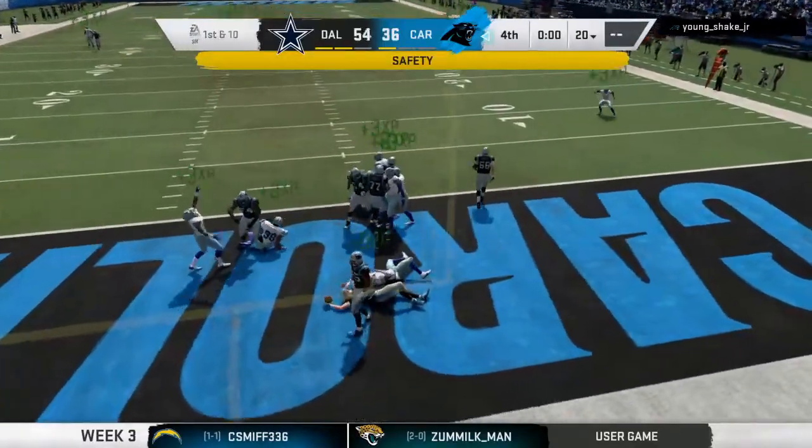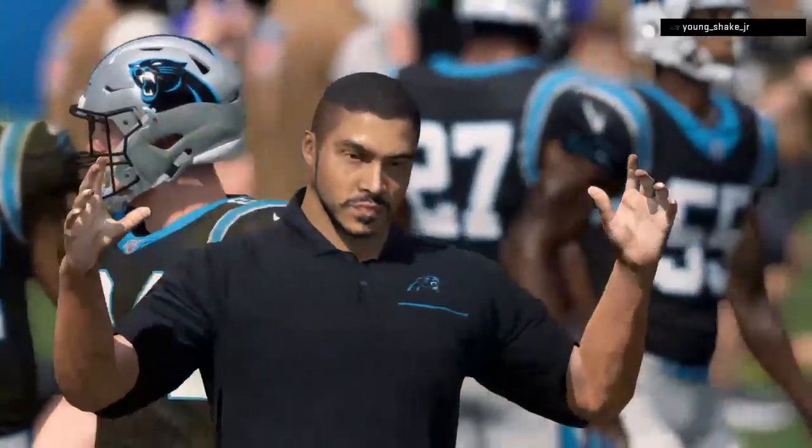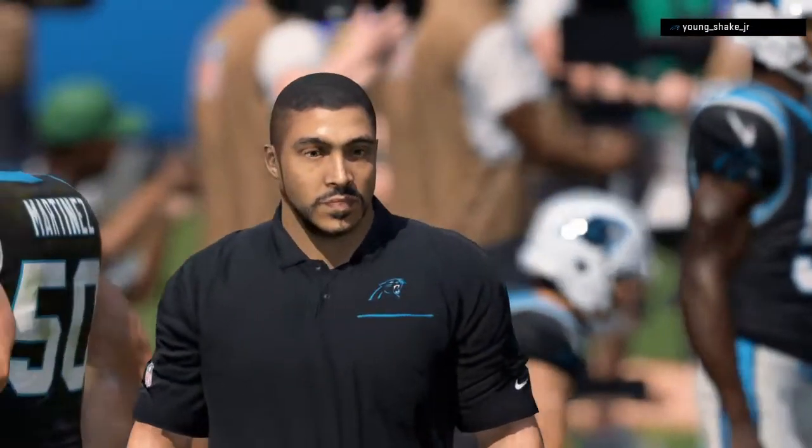Under pressure, and down he goes in the end zone, and that's a safety. A big offensive